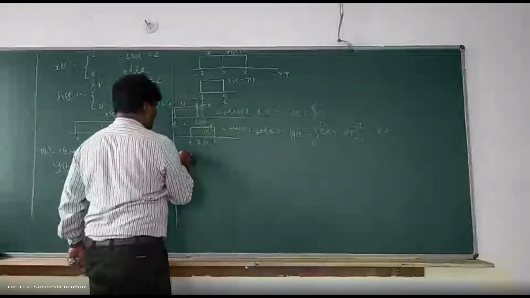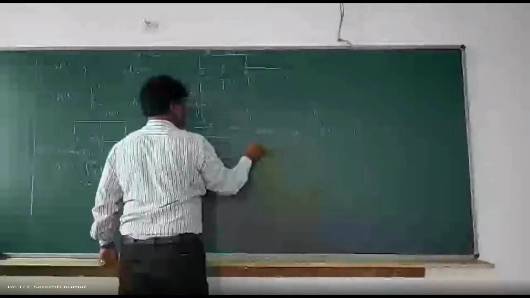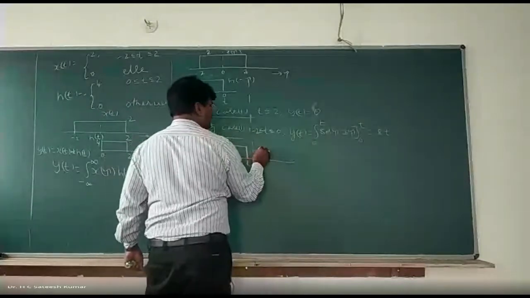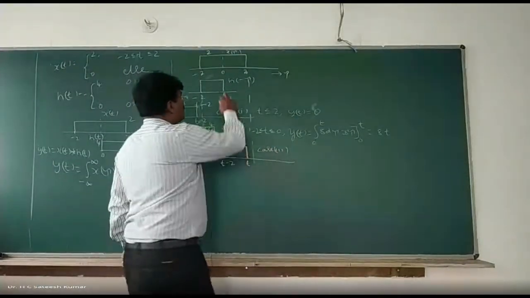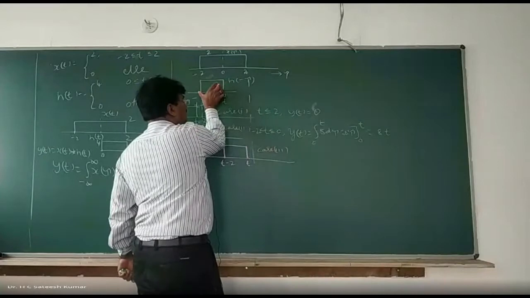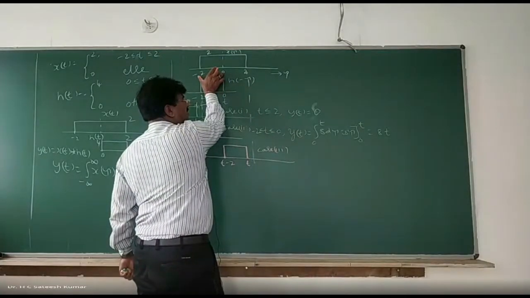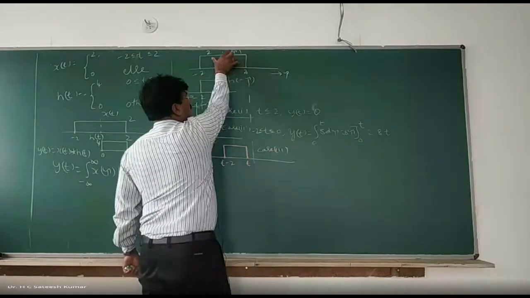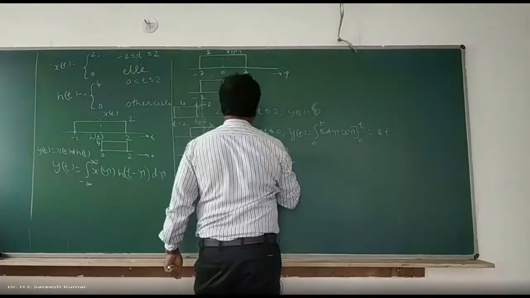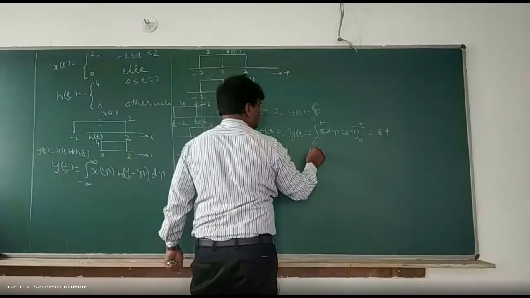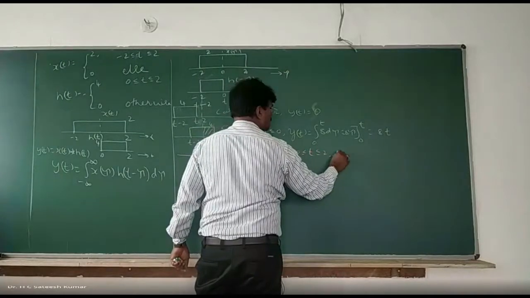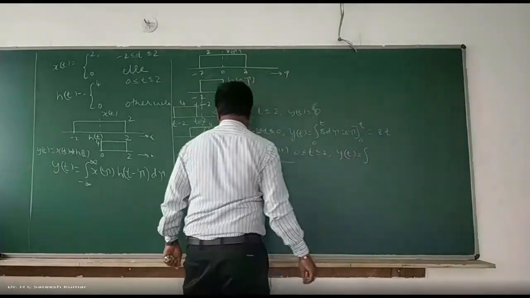Case 3. Okay, right. So now this is t, this is t minus 2. Case 3: now it has moved up to 0. Now this width is 2. When it moves up to this point, area is increasing. Now when it is moving here, its area is constant, because the complete area gets overlapped. Therefore, t lies between 0 to 2. Y of t is equal to, expected answer is what?